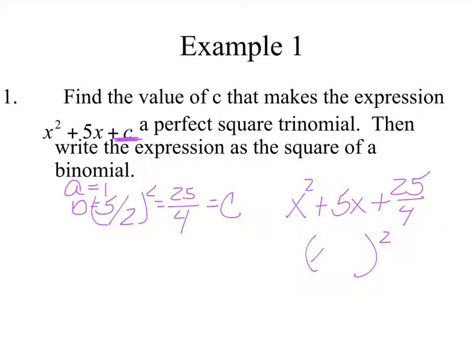Now it asked us to write it as the square of a binomial. So that's going to be a parentheses. The square root of x squared is x. The square root of 25 over 4 is 5/2. And the reason